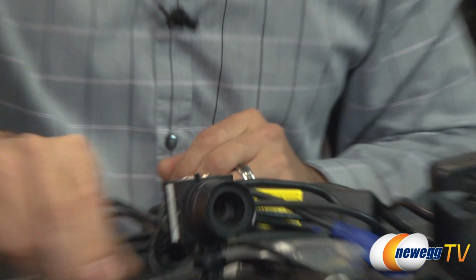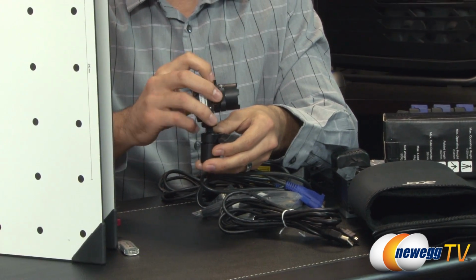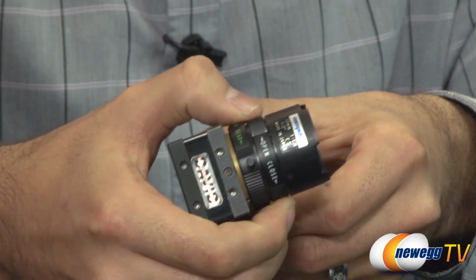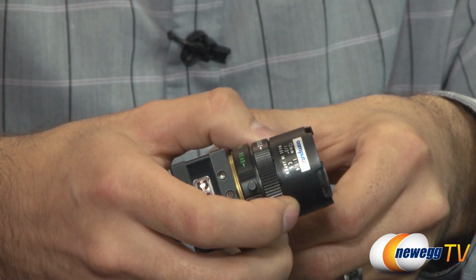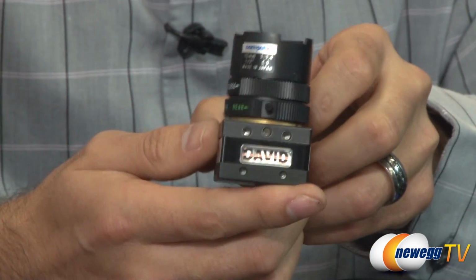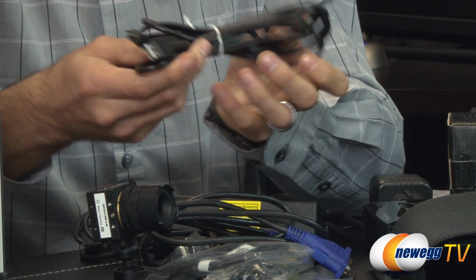Now, moving on to the next of the three components, I have a very small monochromatic camera here. It actually has a focus ring here. You can adjust the focus. Also, you have a very small adjustment that you can make to the f-stop. F-stop is a maximum of 1.4. The viewing angle here looks to be about 12 millimeters or half an inch. But otherwise, it's just a very, very small camera. It even has a little David label on it. You would use this USB to mini USB cable to plug that into your computer